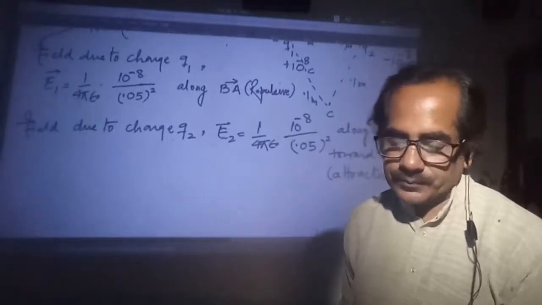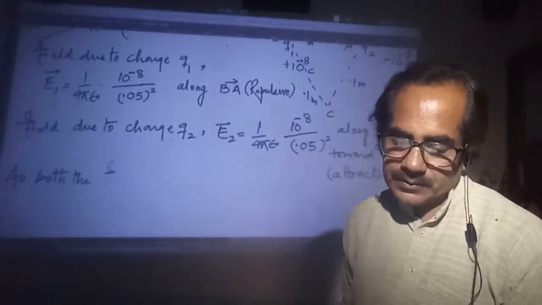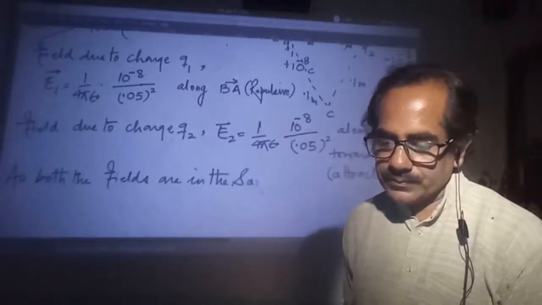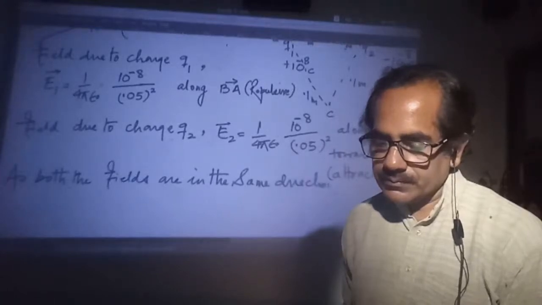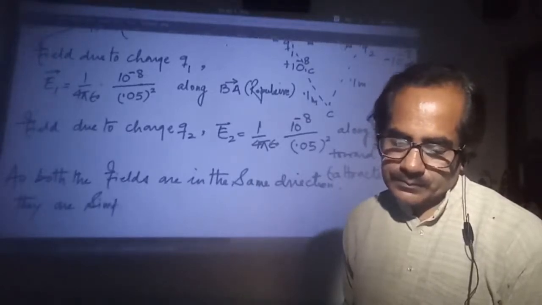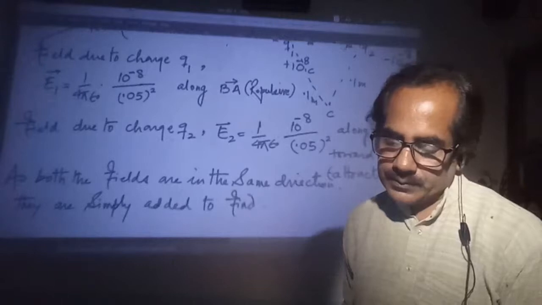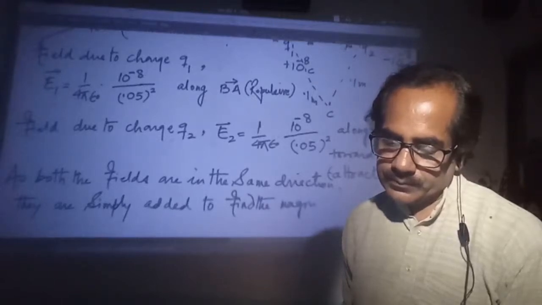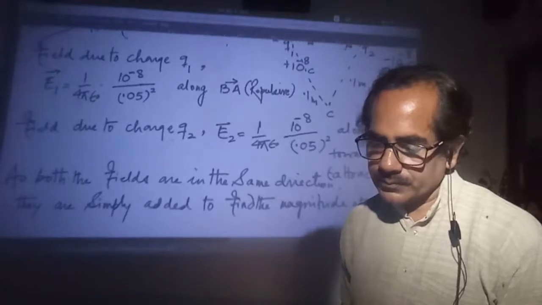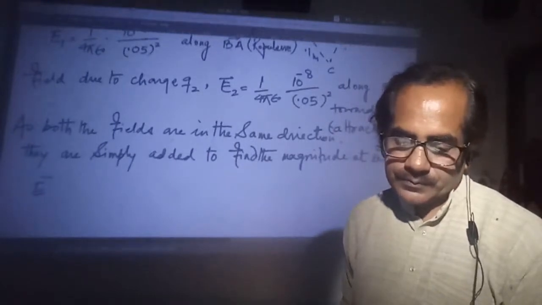So as both the fields are in the same direction, they are simply added to find the magnitude of the resultant, that is E equal to,